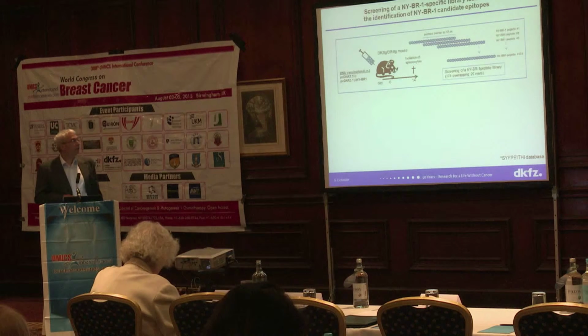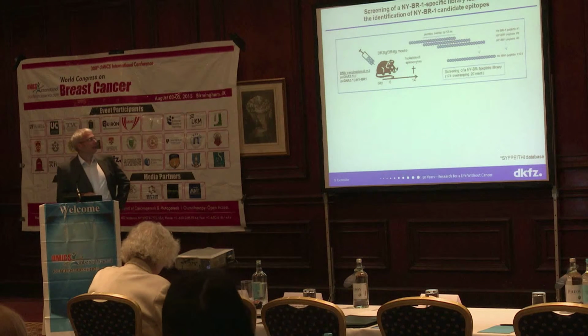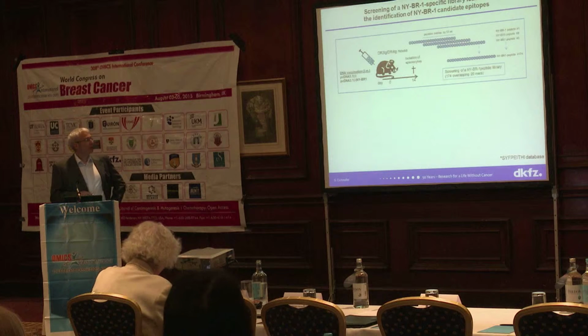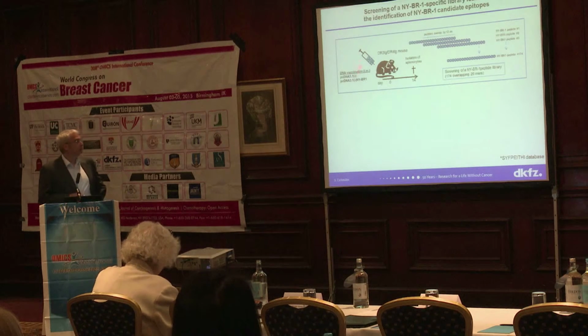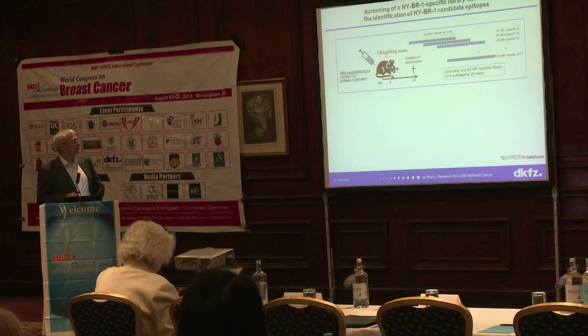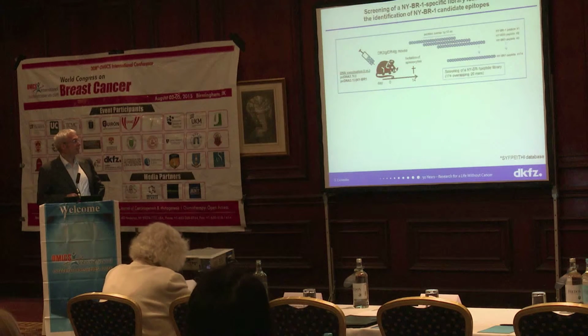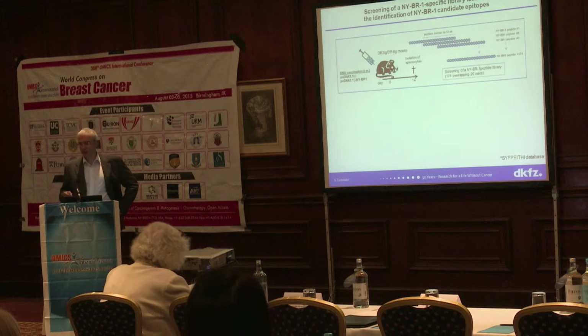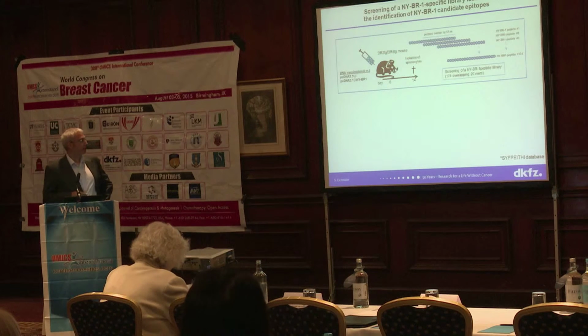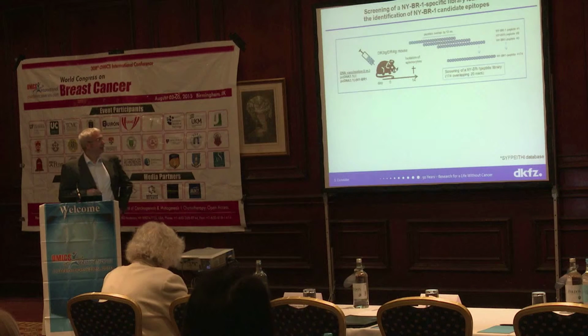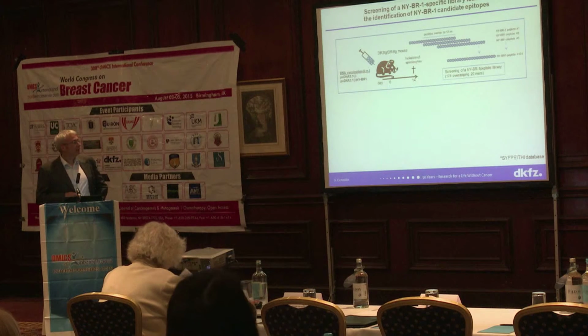So we were aiming to identify epitopes which are presented by human class 2 molecules, and we made use of a transgenic mouse model. We have two mouse strains which are devoid of any mouse class 2 molecules, so they are knockout for class 2, and they are transgenic for either human HLA DR3 or DR4. Using these mice, we identified epitopes from this antigen in the following way.